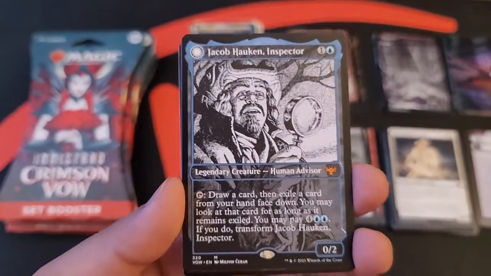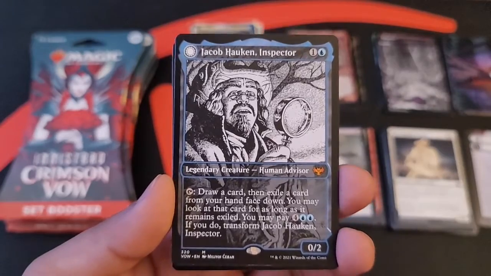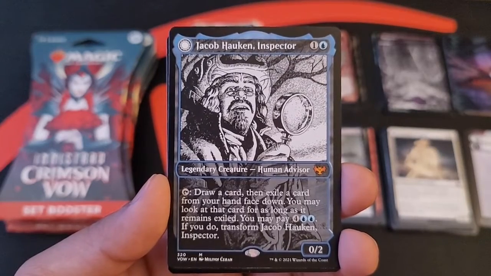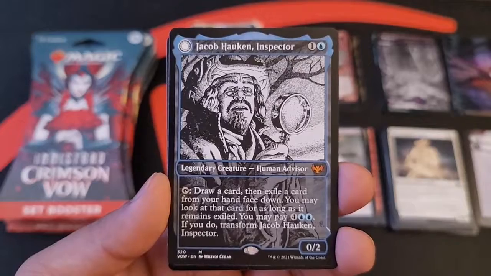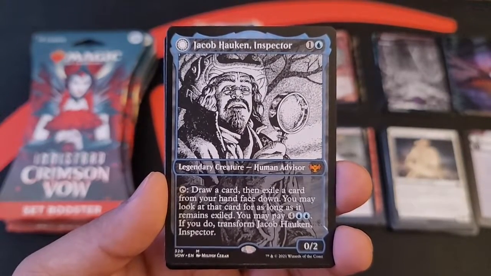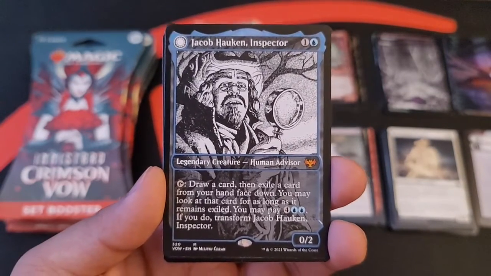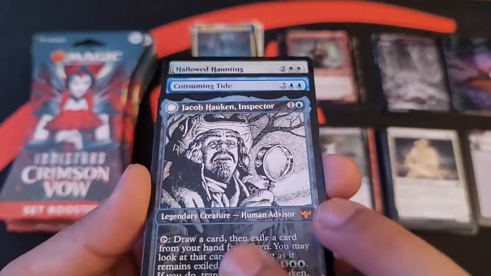Ooh, another mythic. Jacob Hauken, Inspector. Wow. I don't know. This is freaking neat. This is just reminding me of all the horror movies I used to watch in my younger days. So with this one, it's a 0/2 Human Advisor for 1 blue, 1 colorless, and you can tap it to draw a card, then exile a card from your hand face down. You may look at that card for as long as it remains exiled. You may pay 4 colorless and 2 blue. If you do, you transform Jacob Hauken into...